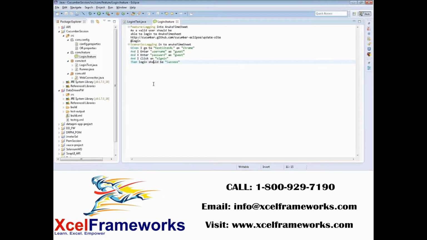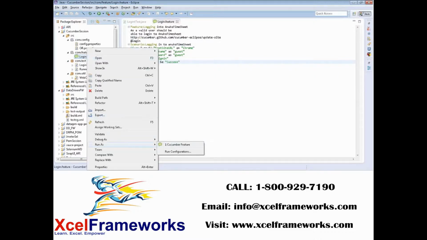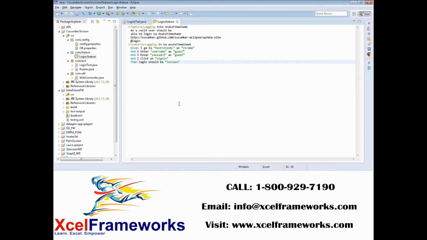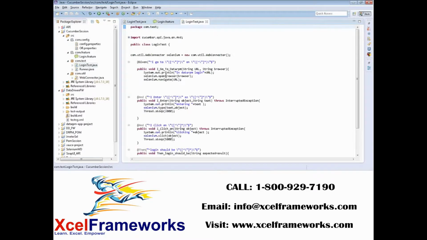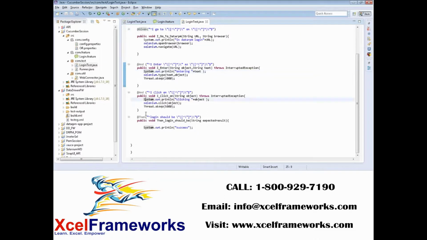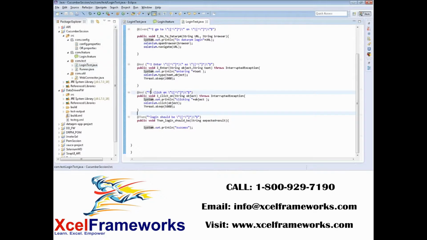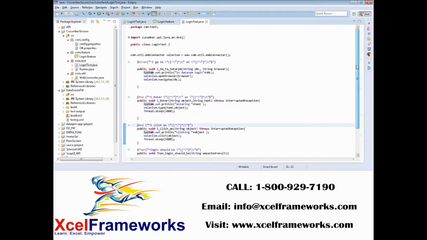We start writing with a BDD approach. I told you, behavior driven development is a kind of natural language that we write. And immediately you can right click and run as Cucumber feature, and it automatically runs all the tests. But the corresponding web page we need to create, like a login test. This is what we have created. These connectors like Given and Then, as we just saw, are like tags. So what happens when you run this? It will pass everything and it will automate one way.